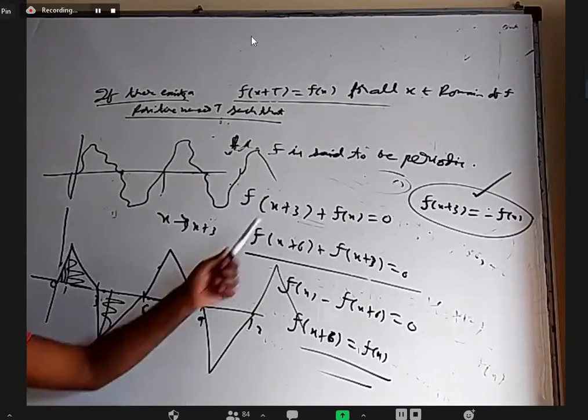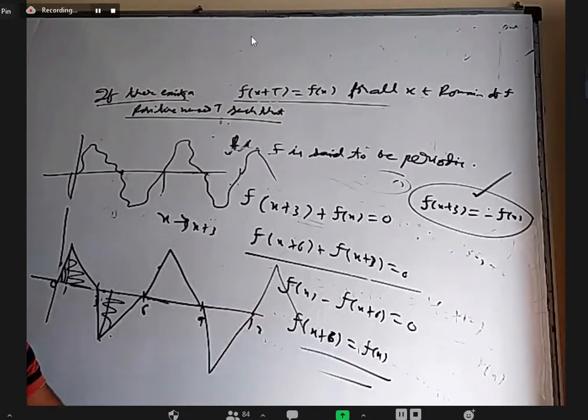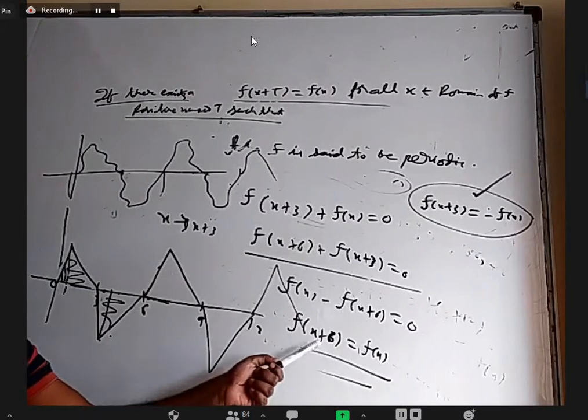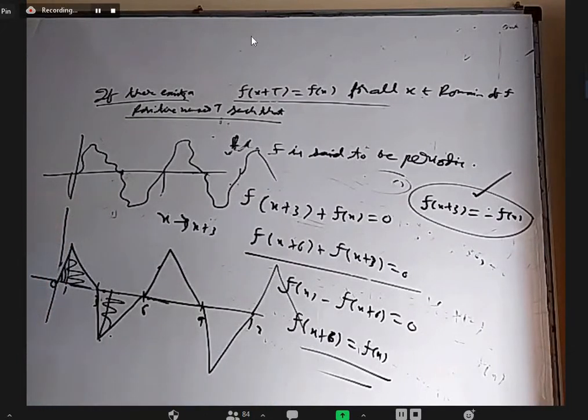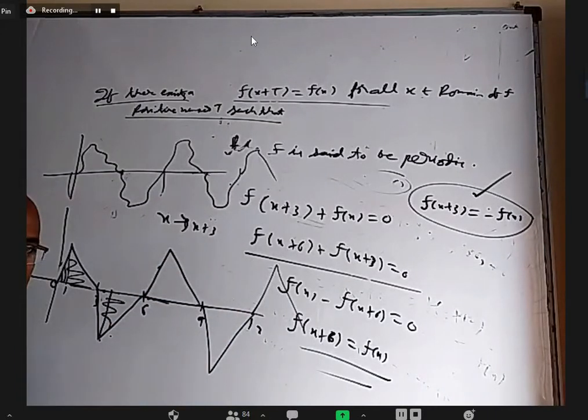Right? So we have done little manipulation, nothing much. I replaced x with x plus 3 and subtracted. Then I got f of x plus 6 equal to f of x. I'm able to conclude it is a periodic function with period 6. One may ask how to get the idea that I have to replace x with x plus 3 to get this. That I don't know. Just some idea I should get.